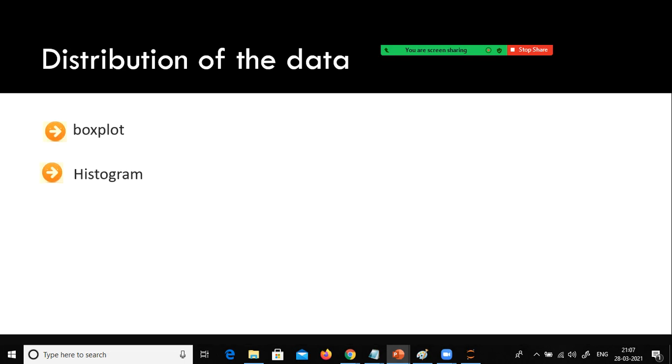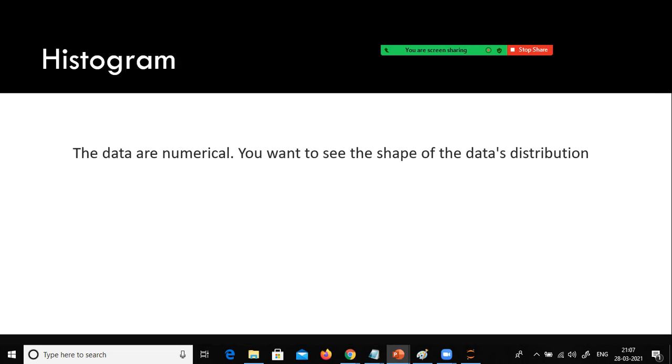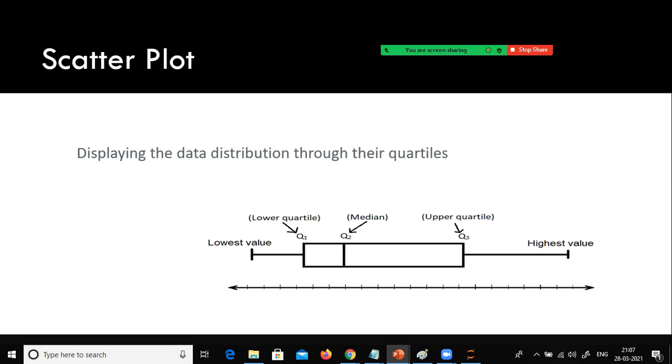Okay, and next, when it comes to distribution, we already discussed the histogram. If you plot the data in a histogram, you can use only numerical data to plot the values. Histogram is helpful in identifying the type of distribution, whether it is normally distributed, left skewed or right skewed. We will get to know whether we have skewness in the data set or not.